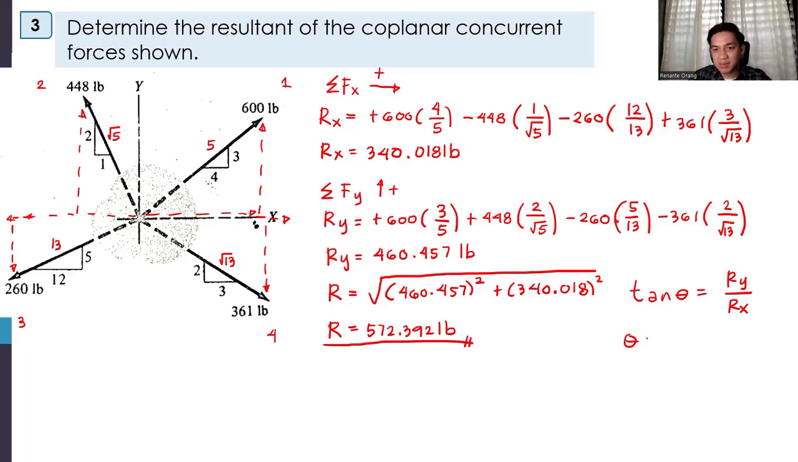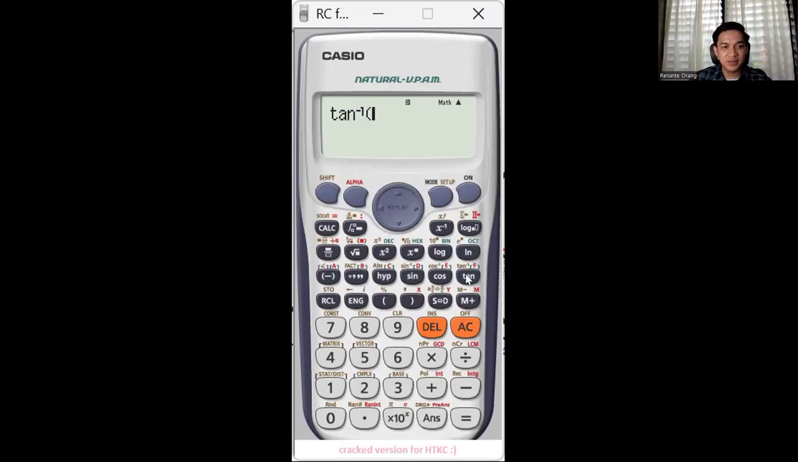So, lipat natin sa kabila. We have angle theta equals tangent raised to -1 of our Ry, which is 460.457, divided by our Rx, which is 340.018. Let's calculate shift tan of 460.457 divided by 340.018. That is equivalent to